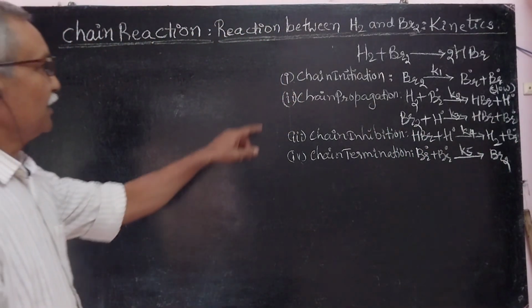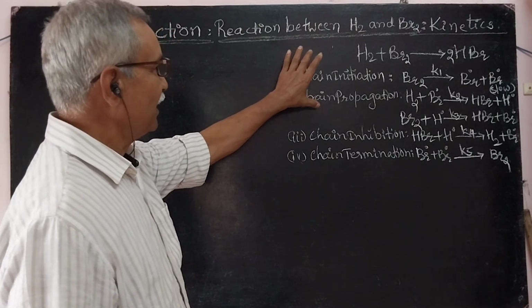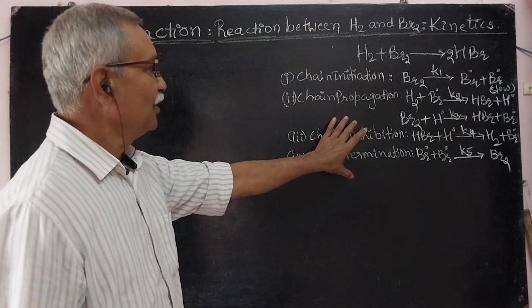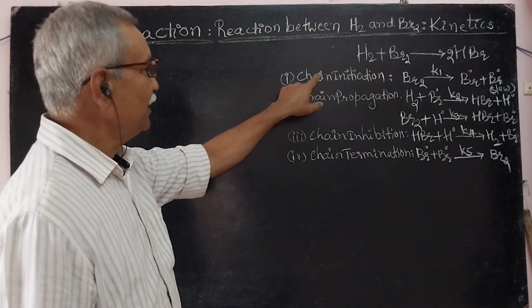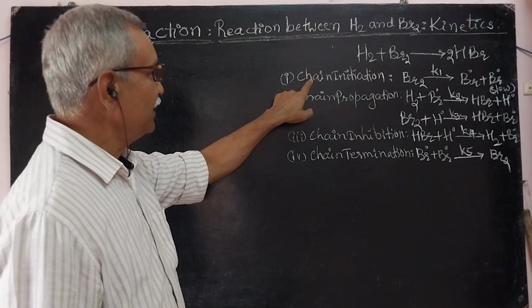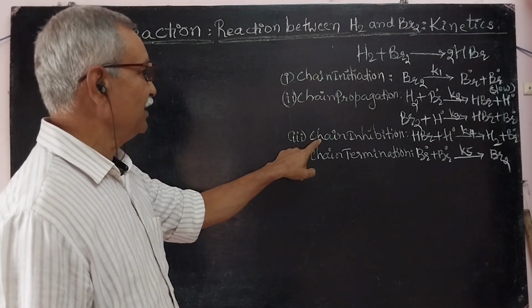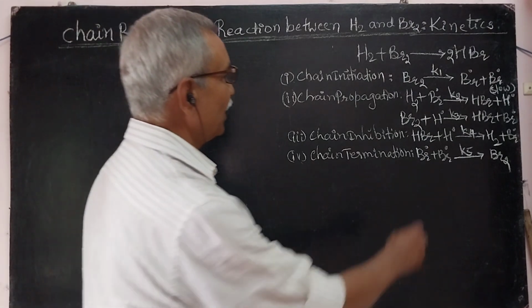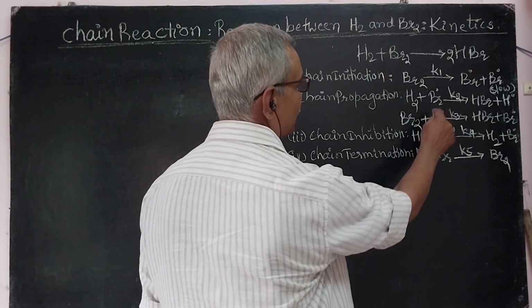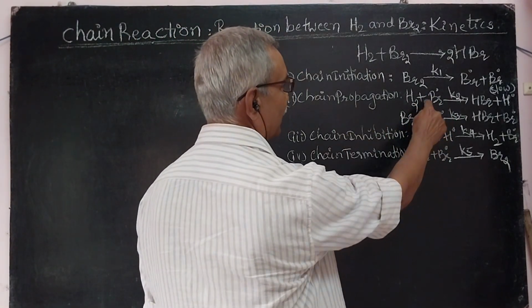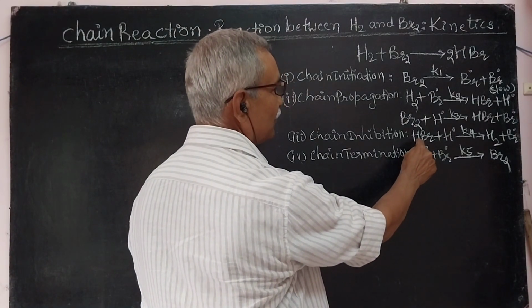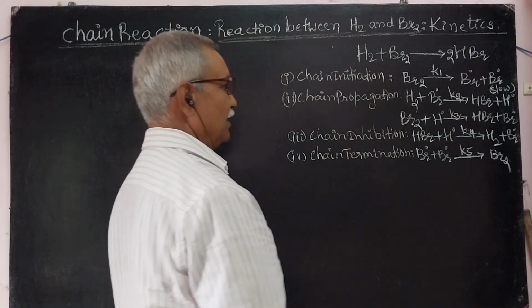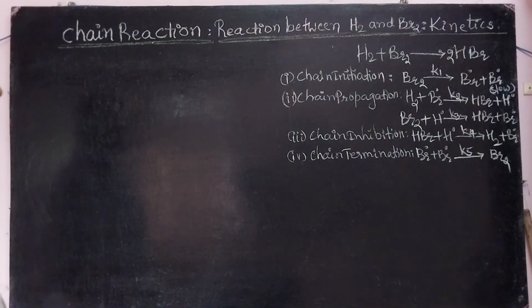Now, the reaction takes place as you represented. It consists of 5 steps and 4 stages: the chain initiation, chain propagation, chain inhibition, and chain termination. Then the products are formed in these 2 reactions, and one product is consumed in these reactions. Thus, the rate of the reaction